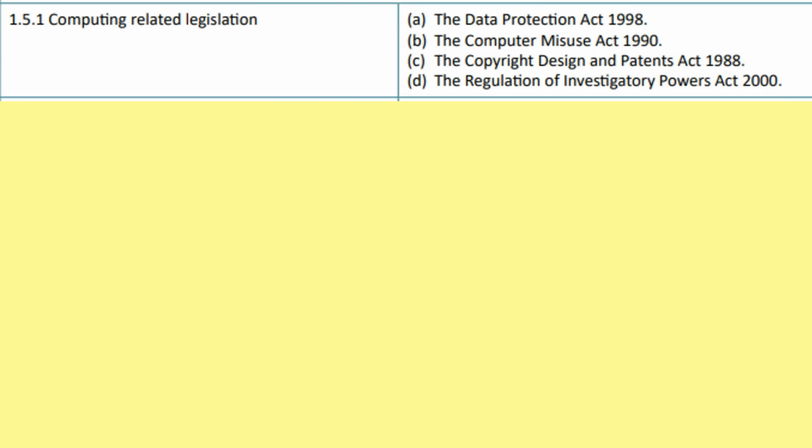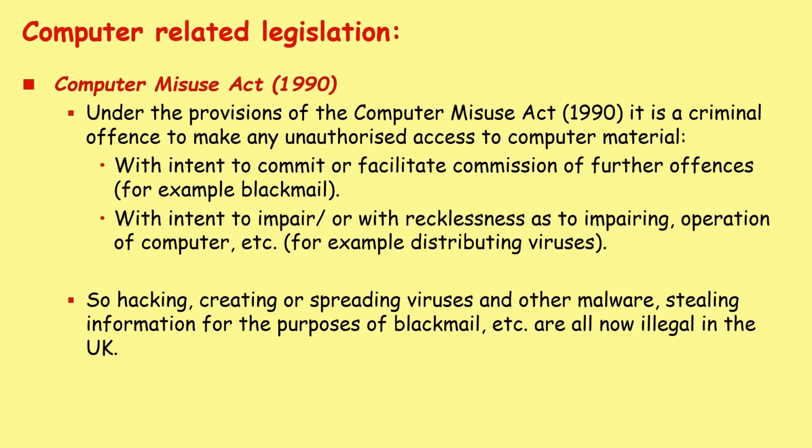1.5.1 Computing-related legislation. The Computer Misuse Act of 1990. Under this, it is a criminal offense to make unauthorized access to computer material with intent to commit or facilitate commission of further offenses, with the intent to impair or with recklessness as to impairing operations of a computer. So hacking, creating or spreading viruses and other malware, stealing information for the purposes of blackmail, etc., now became illegal